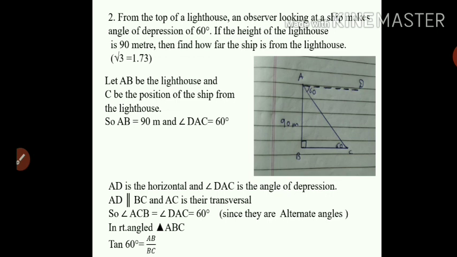now we will take tan value again, because the tan ratio is opposite upon adjacent. Here opposite is AB and we have to find BC. So BC is the adjacent side, opposite upon adjacent side. So tan 60 is AB upon BC. So when you substitute the value from the trigonometric value table, tan 60 is root 3. So in place of tan 60, I will write root 3 is equal to 90 upon BC. So BC will be 90 divided by root 3.